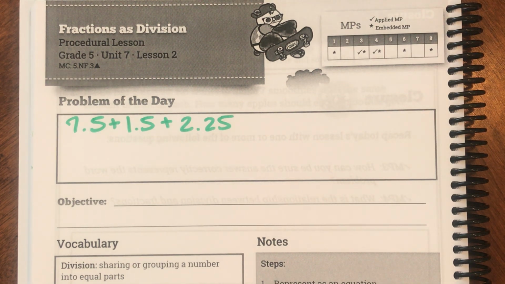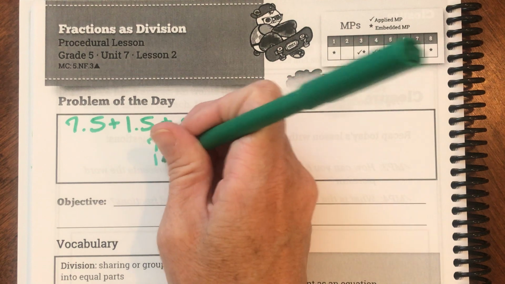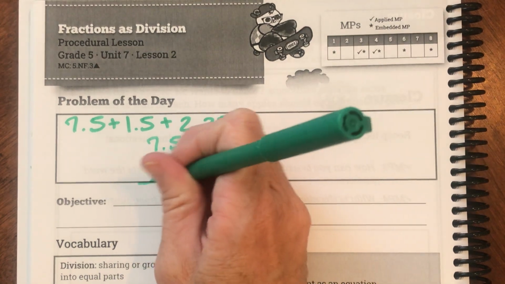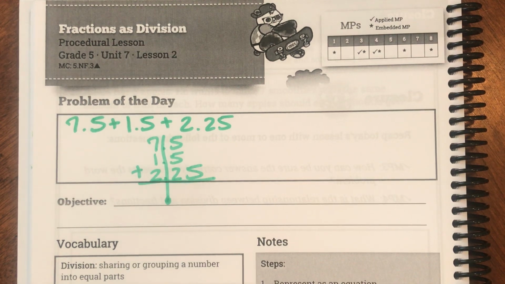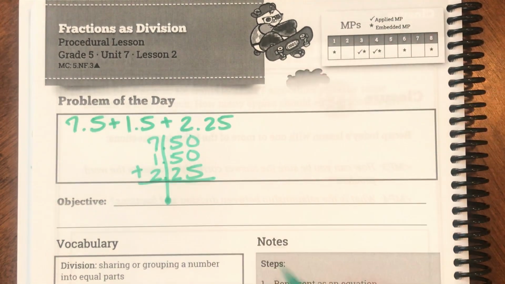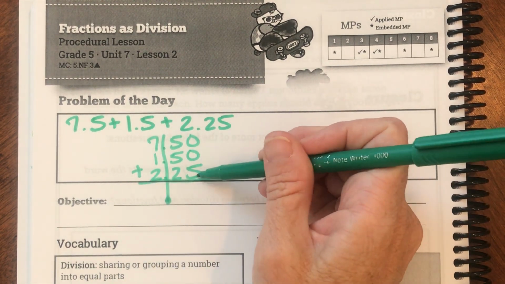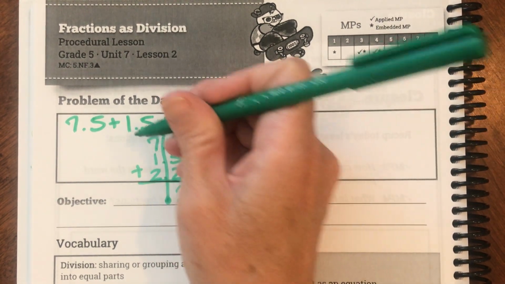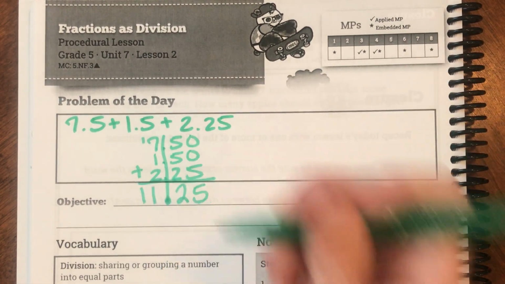my problem, I need to line up all the place values, and the easiest way to do this is to line up the decimal. So I have 7 5/10 plus 1 5/10 plus 2 25/100. So if you notice, my decimals are all lined up. What else I like to do is add zeros to create this illusion of a box. So I have 0 plus 5 is 5. 5 plus 5 is 10, plus 2 is 12. And 1 plus 7 is 8, 9, 10, 11. So our answer is 11